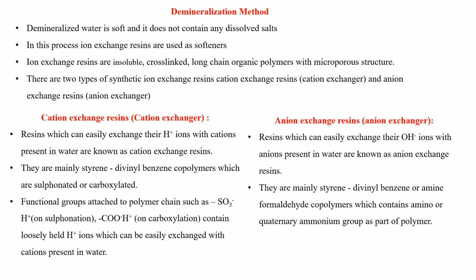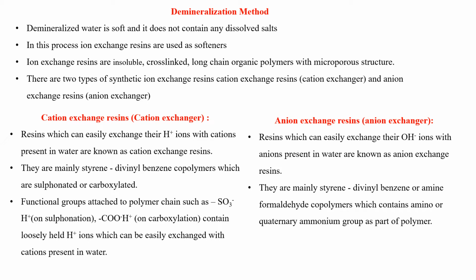And for this, we can use two types of treatments known as internal treatments and external treatments. In internal treatments, we can add some chemicals into the hard water in the boiler and then it will convert into soft water. While in external treatments, first we convert the hard water into soft water and then it is fed to the boiler. Now in external treatment, again two methods are available, known as the zeolite method and the demineralization or deionization method. And today we are going to discuss in detail the demineralization method.